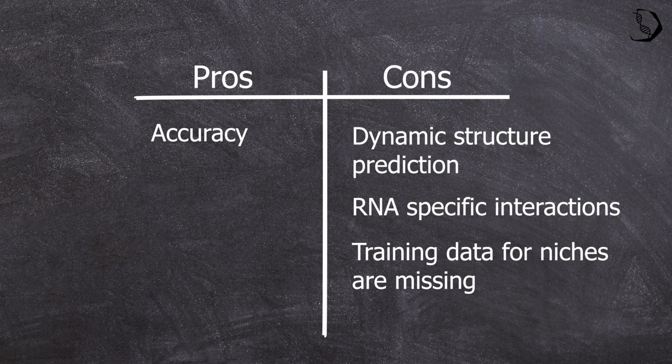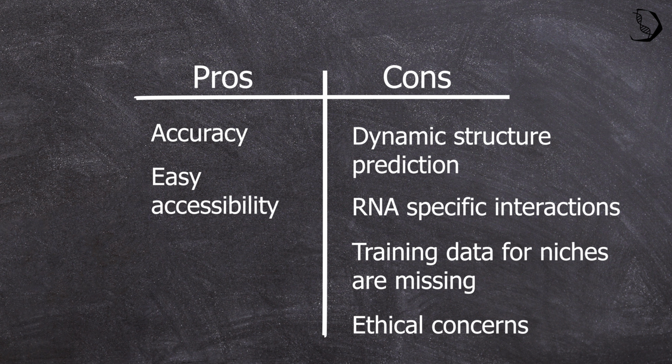And the last con. When it comes to powerful tools, as AlphaFold 3 is, I believe there are always some ethical considerations. In this context, they go towards bioengineering and custom protein design with the potential for misuse. Don't worry, there are also more pros. First of all, it's easy accessibility. This is not only the freely available code on GitHub, which I will place the link to in the description below, but it's also the existence of the web interface that allows non-coders to access it and try protein interactions by themselves.